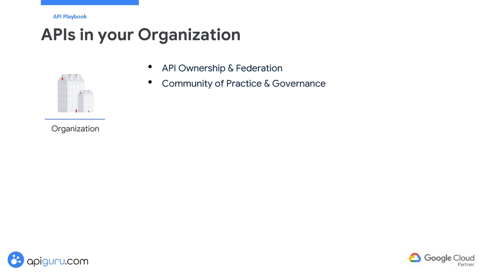The playbook should define the community of practice to promote knowledge sharing and collaboration among API teams. This community can facilitate regular meetings, workshops, and knowledge sharing sessions to discuss best practices, challenges, and innovations. A governance framework should also be detailed, defining API design, security, and versioning policies. This framework should include guidelines for documentation, testing, and a review process for new APIs to ensure they adhere to